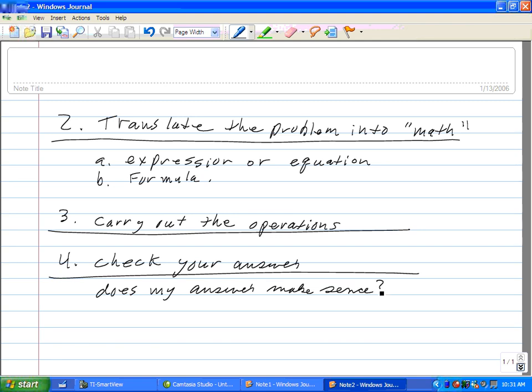Now, does this actually answer the question? Is it logical? Is it reasonable? Now, if you can't ask that question, and on certain types of formulas, maybe you won't be able to do that, at the very least, your answer should work in the original formula or equation or expression that you came up with. Now, our last step, and one that's easily forgotten,